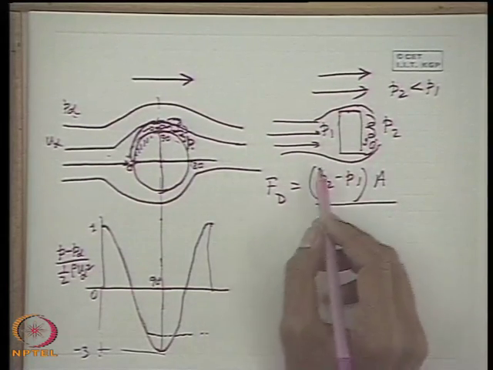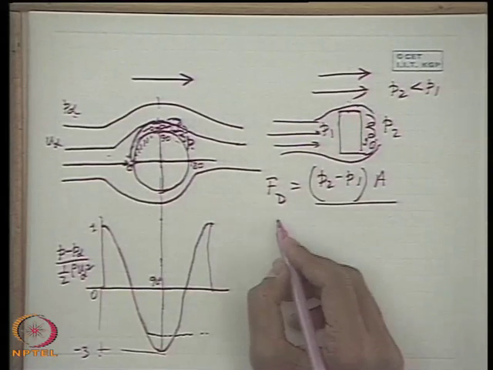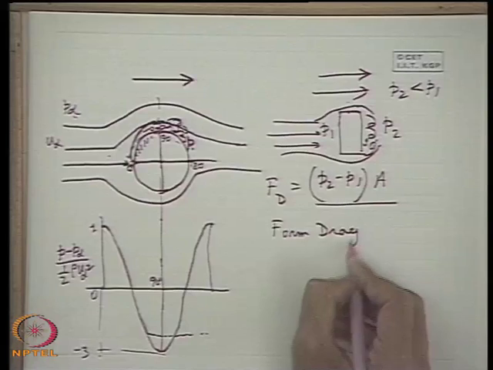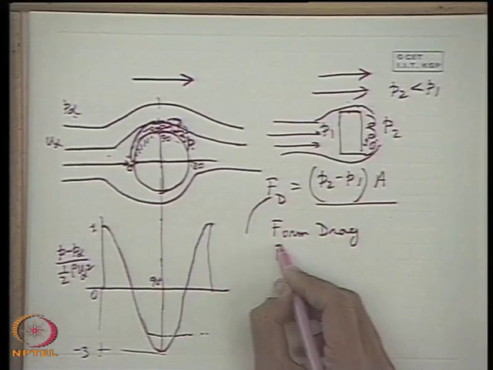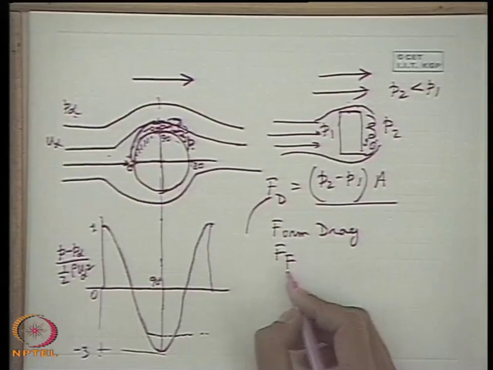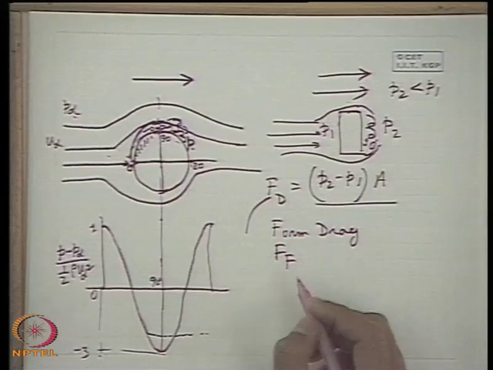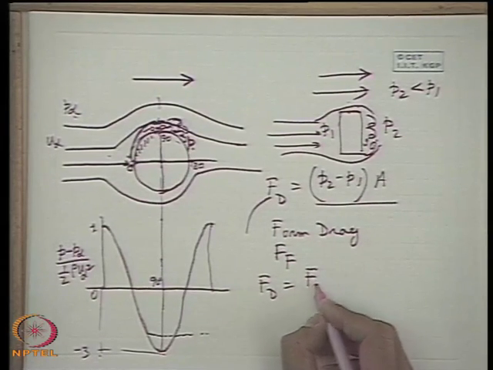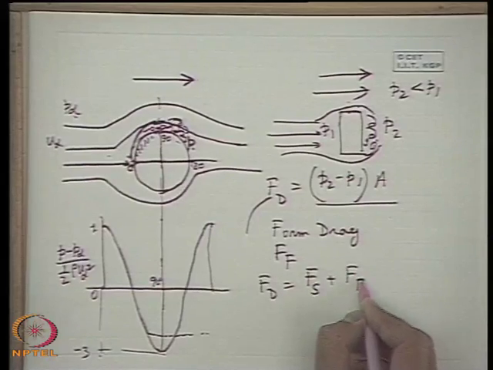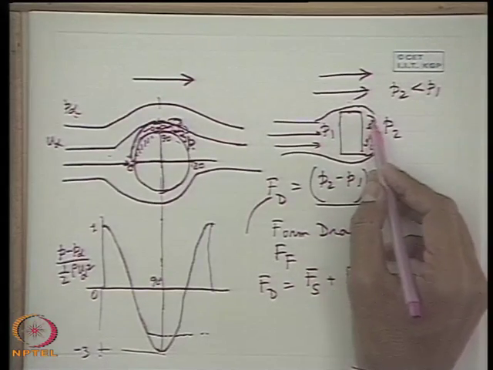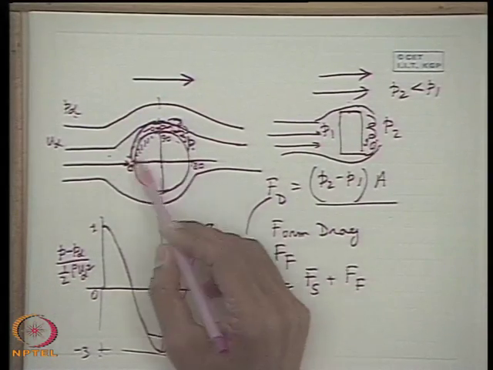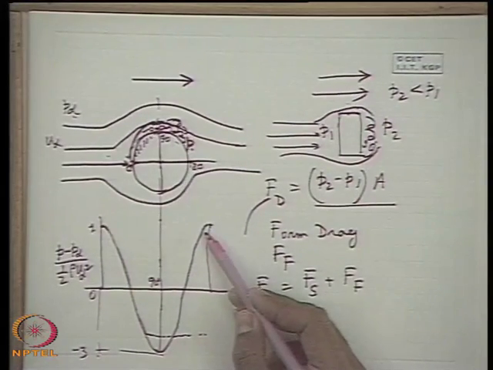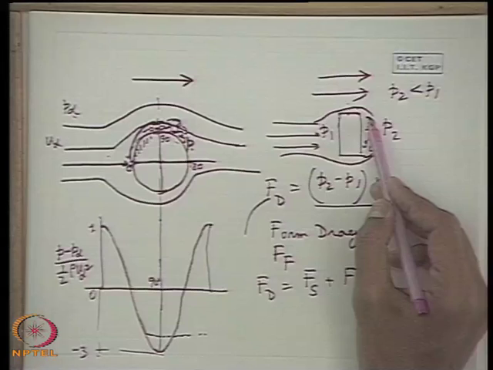This is also acting in the direction of the flow of the fluid with respect to the solid. To distinguish this drag force from that one, it is known as form drag, expressed by Ff, the form drag force. So, the total drag force Fd is composed of skin friction drag Fs and the form drag. Why? The boundary layer separation depends upon the shape of the body, because it is the shape of the body which dictates the adverse pressure gradient, and therefore the boundary layer separation takes place.